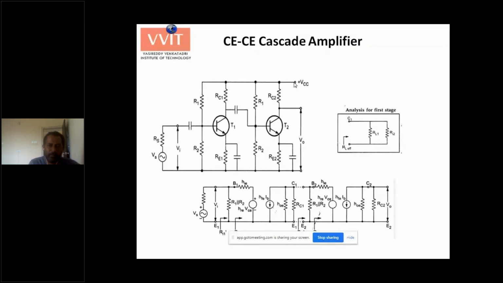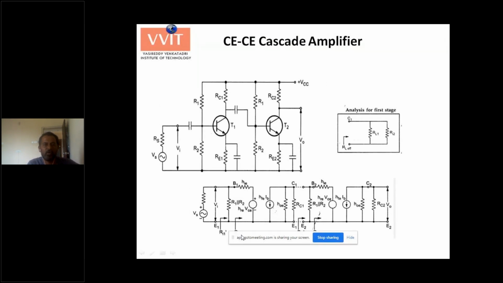So during the bias, essentially, working with biasing is nothing but a DC analysis. Right now we are doing AC analysis, amplification analysis. So therefore, you have to make it zero. How to make it zero? You have to connect this to ground. So you have to directly connect this to ground.